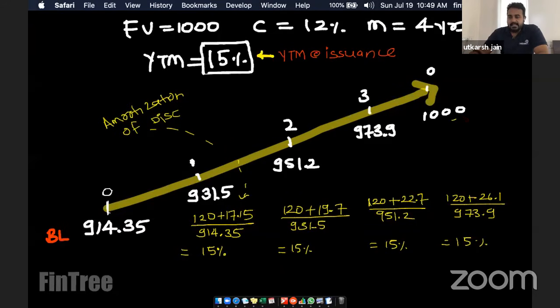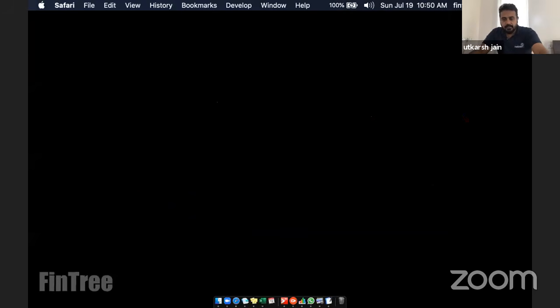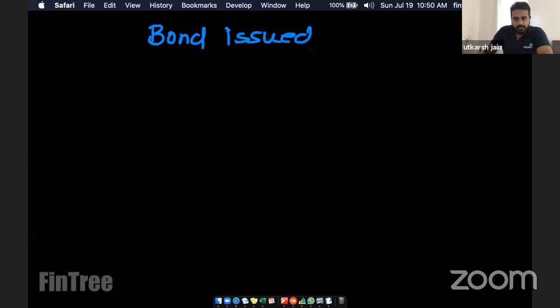Good. So here's what we need from an exam perspective for this category of bonds. Let me create a new page here. So this is what I think might be tested on the exam. These are discount bonds, bonds issued at a discount. And on the exam, if you see a discount bond,